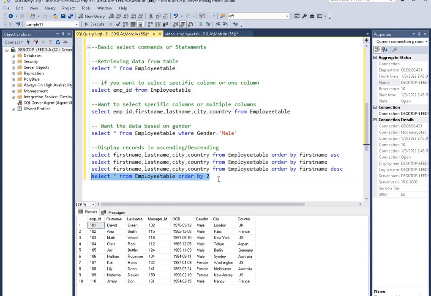We will get the details as per the column. Second is first name. Instead of the column name, we can type 7, city is our 7th column. Based on column 7, we will get the data in ascending order based on city.